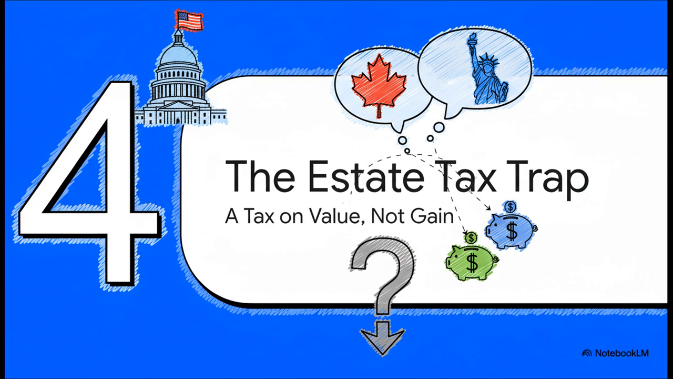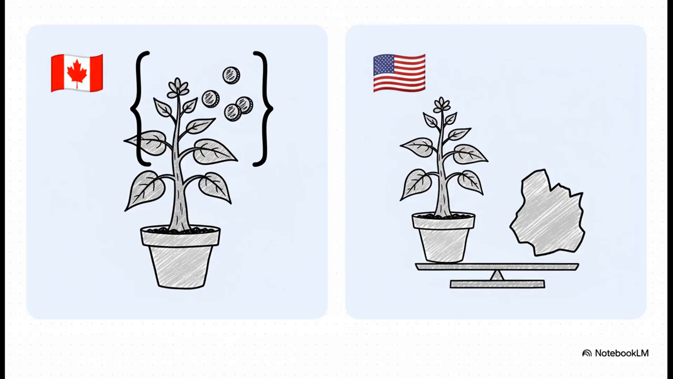This brings us to Section 4, and this is a topic that catches so many people completely by surprise: the U.S. estate tax. It's critical to understand that the basic philosophies of how Canada and the U.S. tax you at death are night and day different. This slide shows the core conceptual trap perfectly. In Canada, when you pass away, it's what we call a deemed disposition. It's as if you sold all your assets right before death, and your estate pays tax on the capital gains,